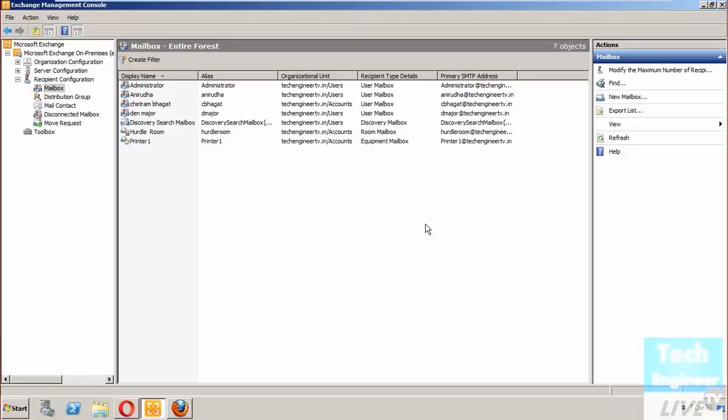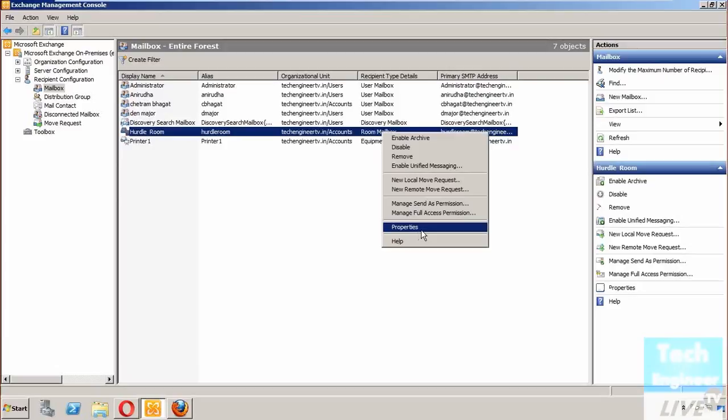Hello there. In this tutorial, I'm going to discuss configuring the properties of a resource mailbox. Now, for example, you have a resource mailbox. I have two, as I've created a room mailbox and an equipment mailbox. Let me try with one of them by going to the room mailbox properties, and then right click, Properties,